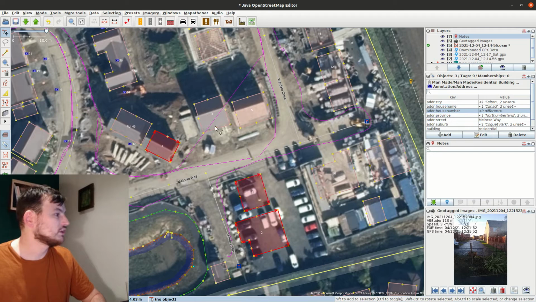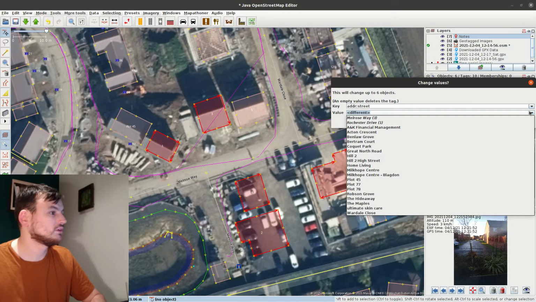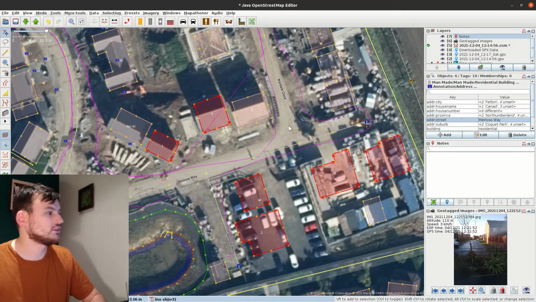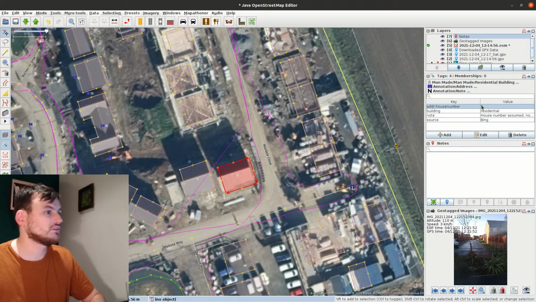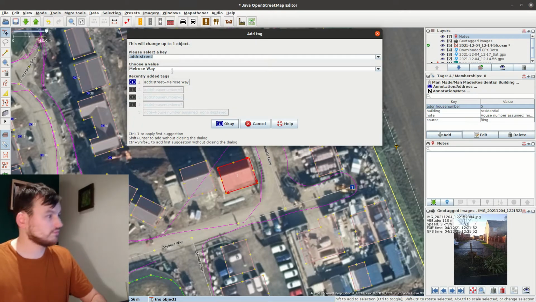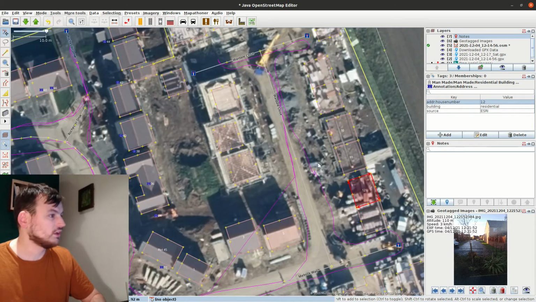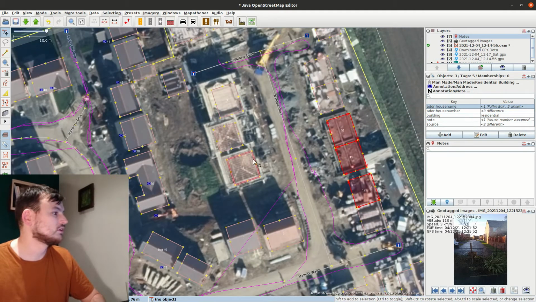So I'm now going to select all the ones that are part of Melrose Way and add their street. Oh, that one should be Melrose Way as well. Then these ones,